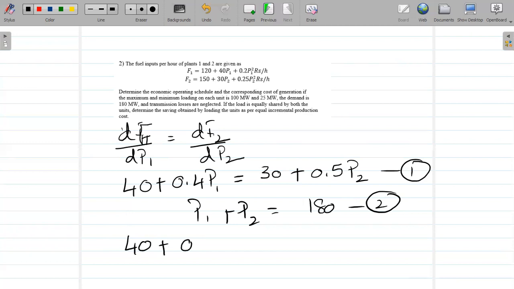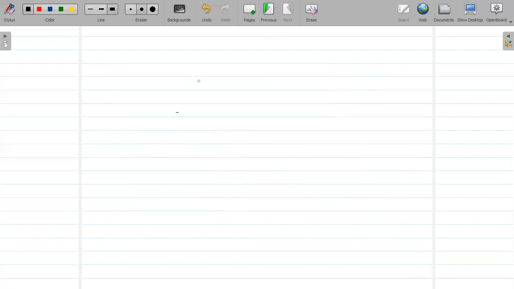So 40 plus 0.4 P1 equal to 30 plus 0.5 times (180 minus P1). When you simplify this, you will get 0.9 P1 equal to 80,